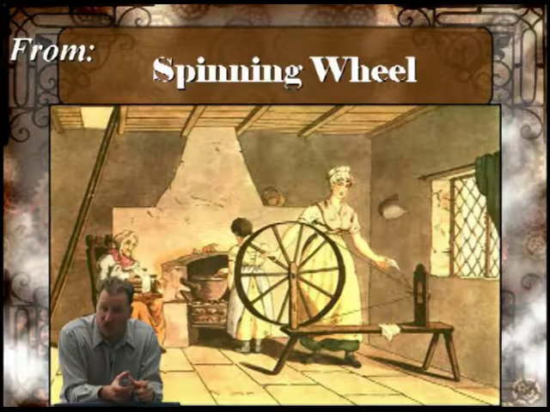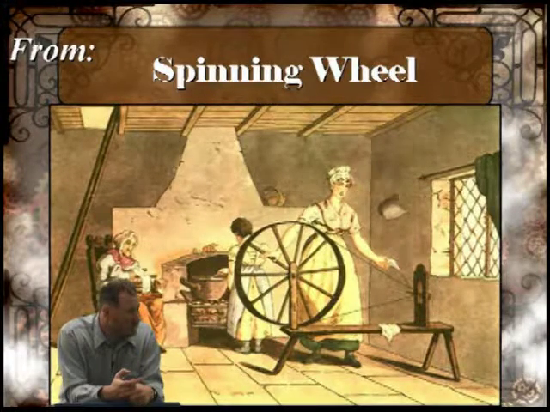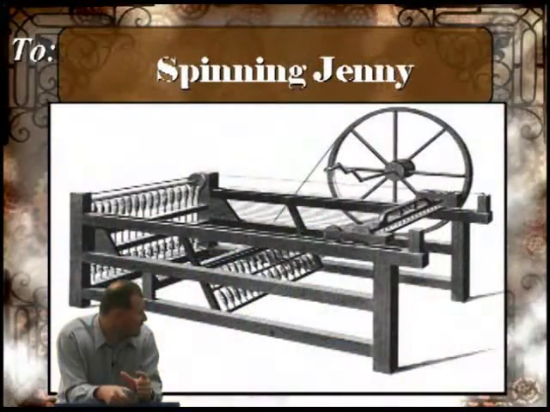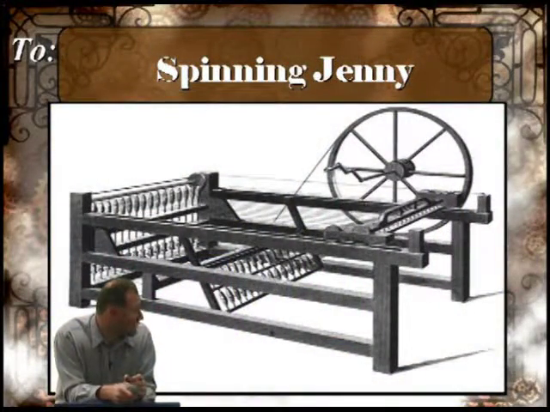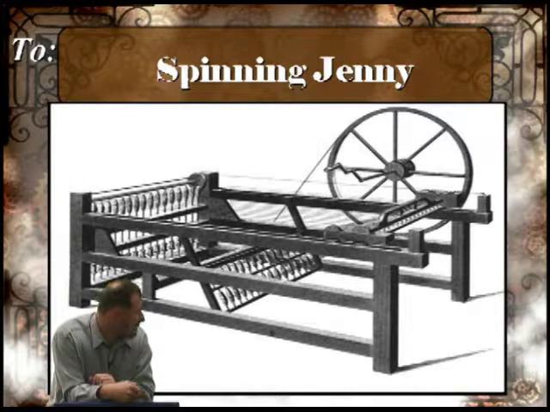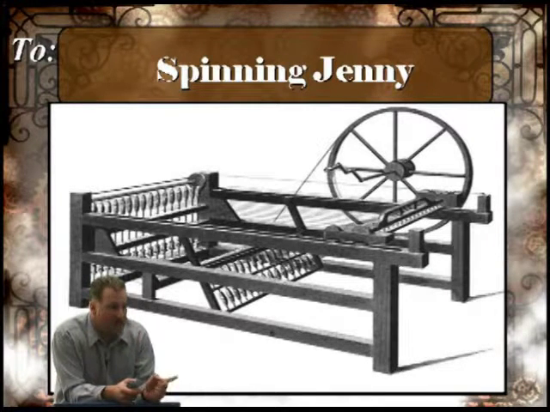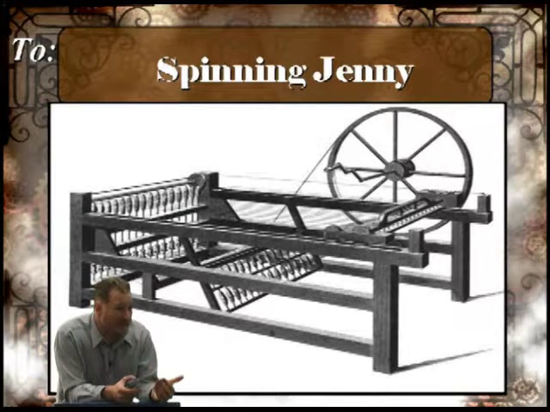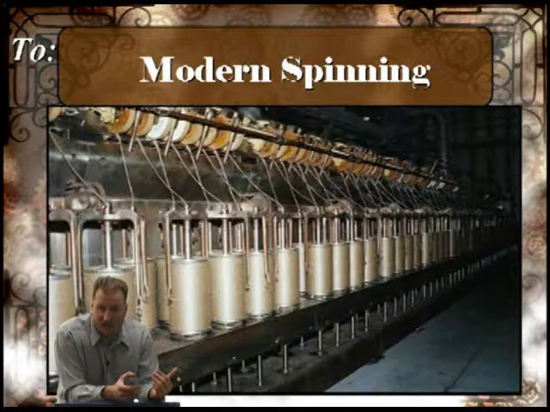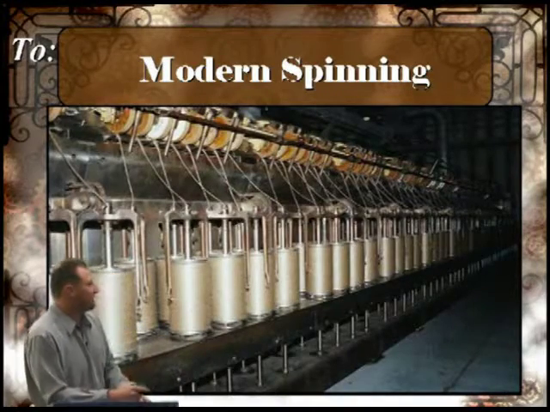This is going to be transformed with what invention? The spinning what? The spinning jenny, right? And now you can see, here is one wheel, but the one wheel is now going to be associated with how many different sort of spools over there? There's quite a few of them, right? That one, it can now do multiples. This is going to, we do the jump to the next step today when we have this, okay? Mass production. That spinning can be done on a large scale, all because the machine's doing this, okay?